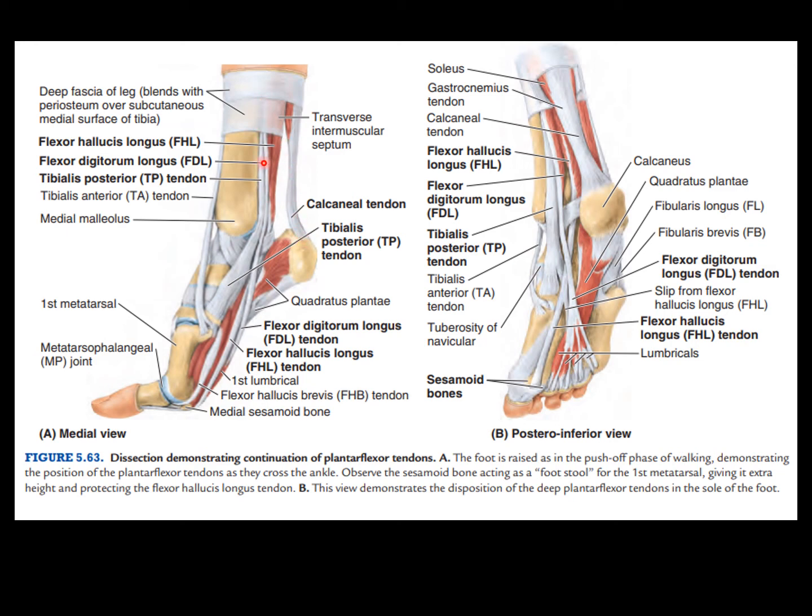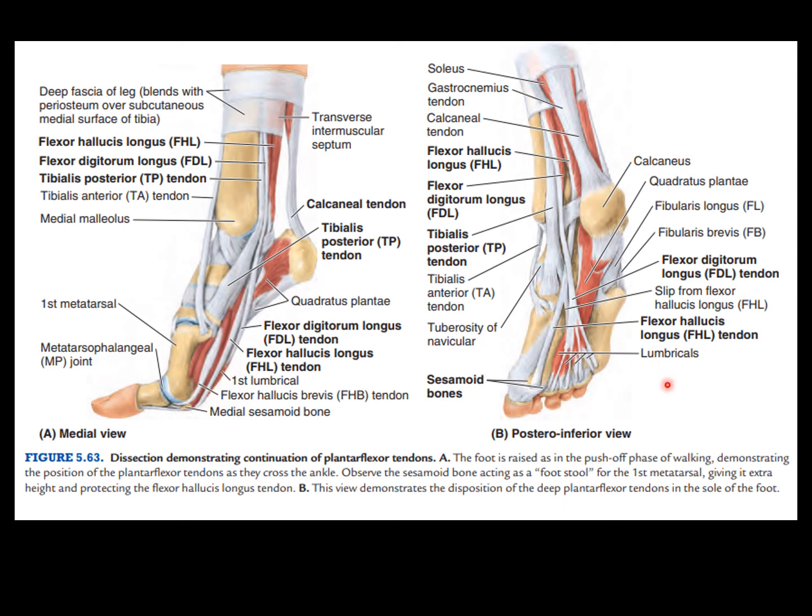The other, deeper muscles which are moving down are tibialis posterior, flexor digitorum longus, and flexor hallucis longus tendon moving downward, crossing the flexor retinaculum, which is not shown here, and then they enter into the sole of the foot. In the sole they lie in different layers, so that we will discuss inshallah later on. And here we can see the tibialis posterior tendon which is attached to the navicular bone, and from here to different slips and to the different muscles for the support. As a whole, these muscles are helping in supporting the longitudinal and transverse arches that we will discuss in the lecture of arches.